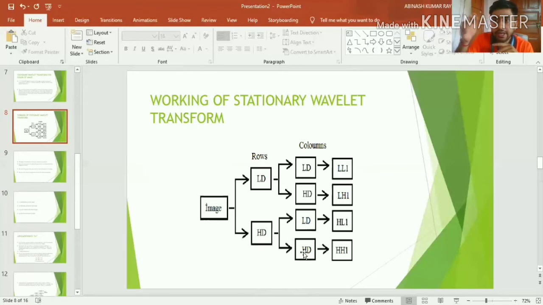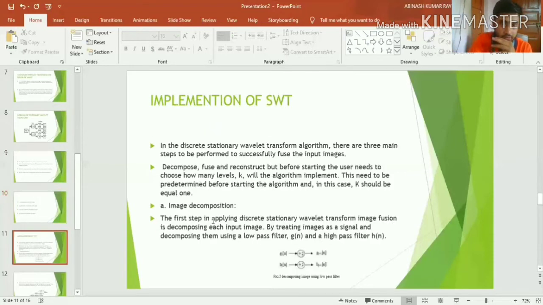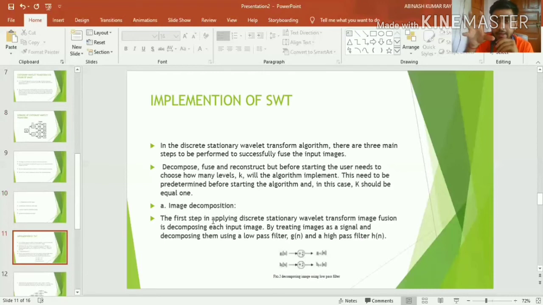So it will contain the diagonal information of the image, along the diagonal of the image. So we have divided our image into the frequency domain, into 4 components and 4 subbands, and each subband has its particular significance for the detail of that image.